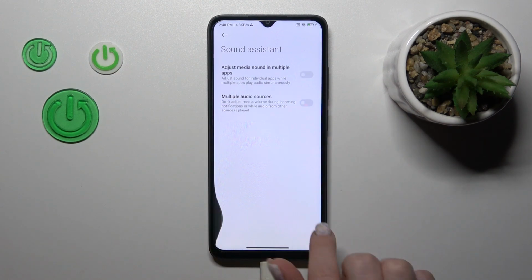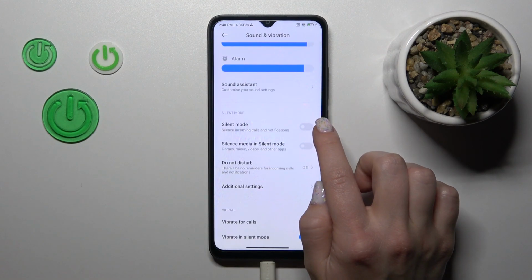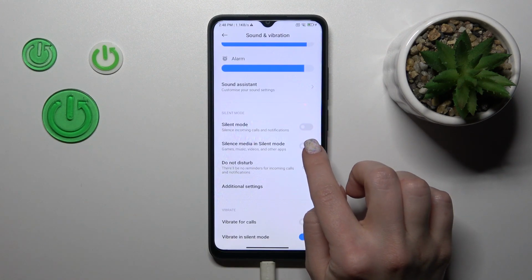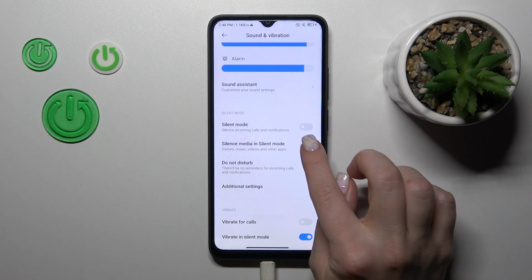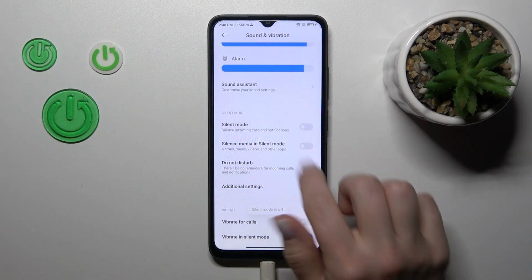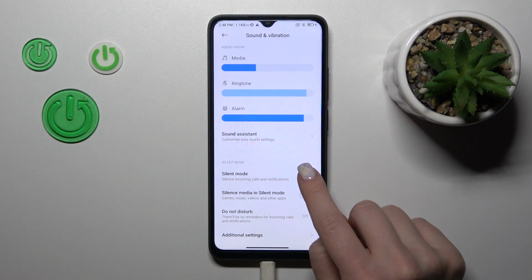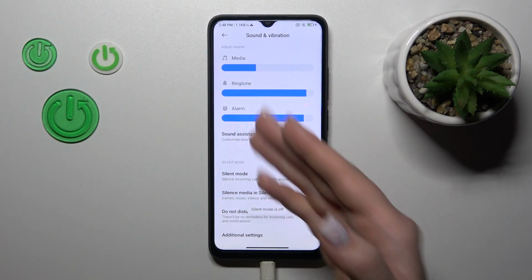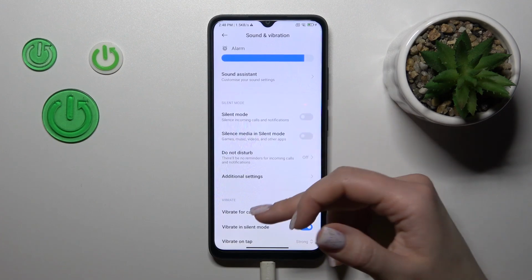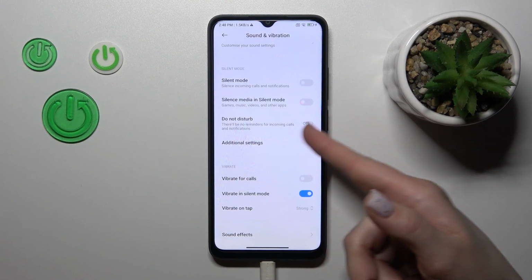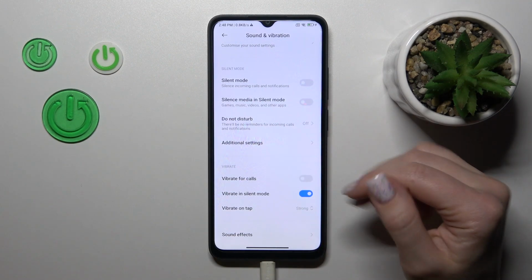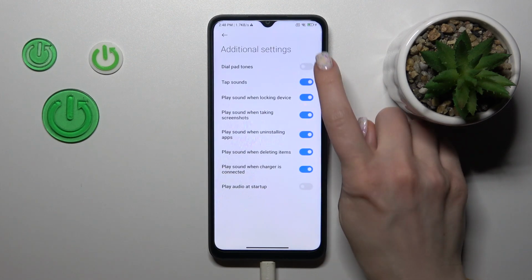and to use multiple audio sources. Here we'll see the silent mode switcher and we can turn it on or turn it off, or also to silence media in silent mode. We can see when the silent mode is activated our ringtones will be muted, and when silent mode is activated ringtones and notifications will not ring. Also we can turn on and turn off the Do Not Disturb mode, and in additional settings